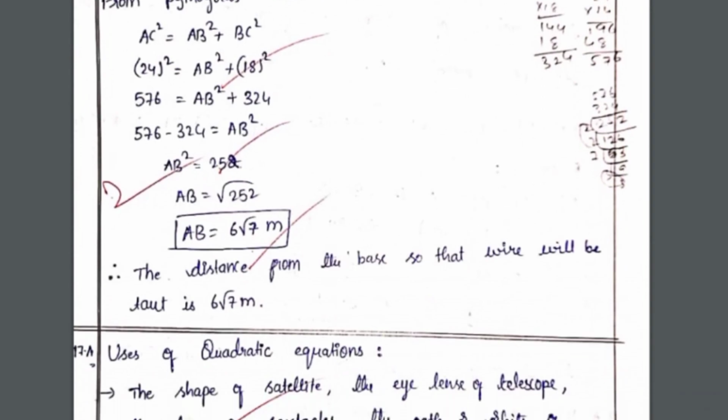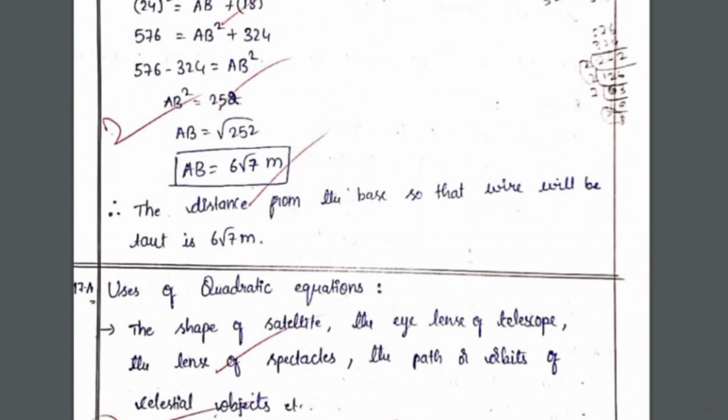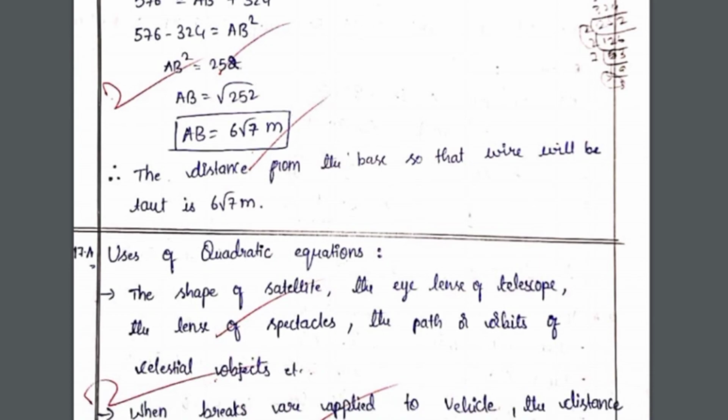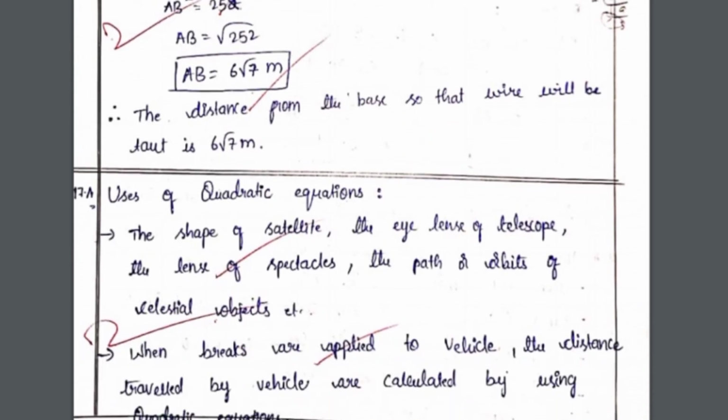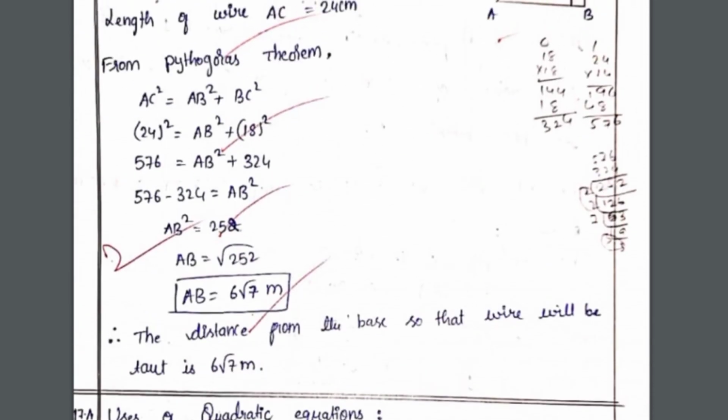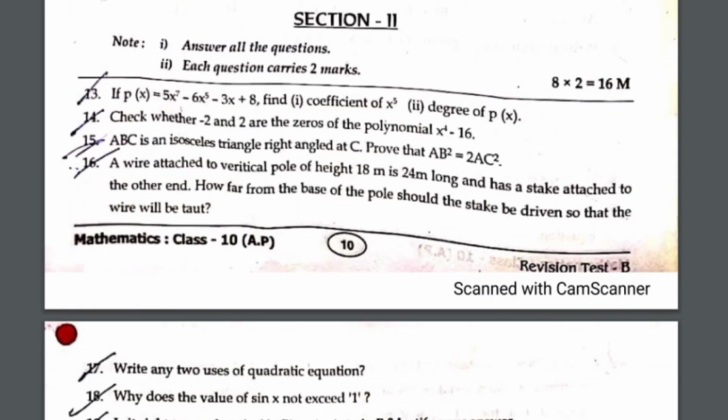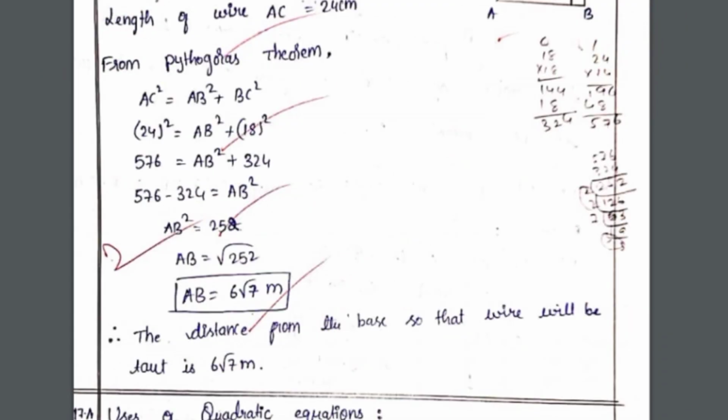Okay, I hope everybody knows this answer very well, because it's one of the most important 2 mark questions. You can check it. Write any 2 uses of the quadratic equations. In your textbook you have the 4 points. You can go and check what the 4 points are, but we can see here